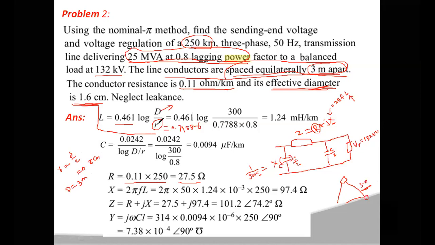Now while calculating the D by R dash value, both the units must be the same. R dash here is 0.7788 times R. That means you have to calculate R dash also, by using the formula 0.7788 times R. After getting the D value and R dash value, if you observe the units, one is in meters and the other is in centimeters. So you also convert the spacing between the two conductors, which is 3 meters, to centimeters. Then you will get 300 centimeters.